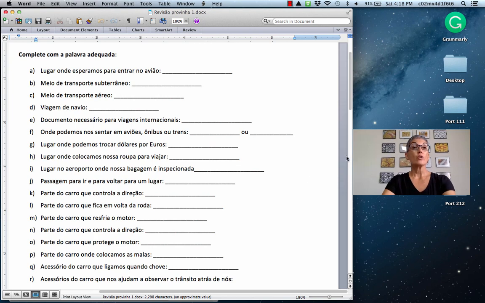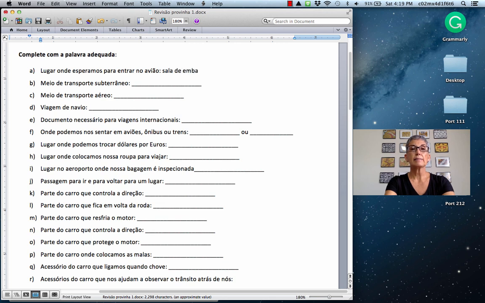Então vamos lá. Lugar onde esperamos para entrar no avião. So remember that you have to understand the description of the word and then write the word. So lugar means place. So lugar onde esperamos. So place where we wait to get on the plane. So at the airport, that is the waiting area. It's called sala